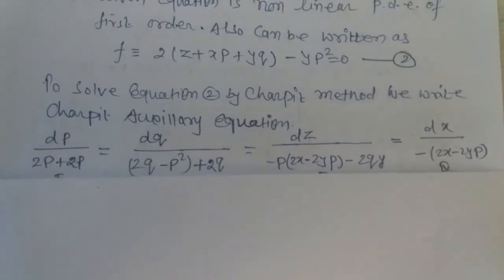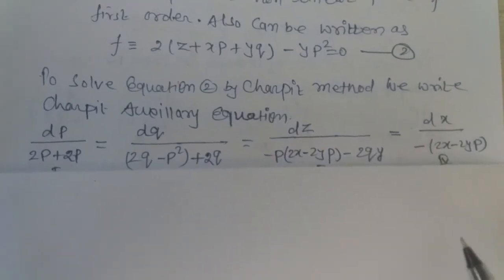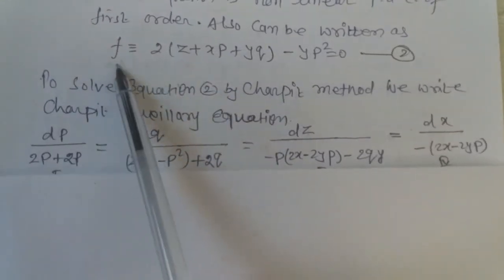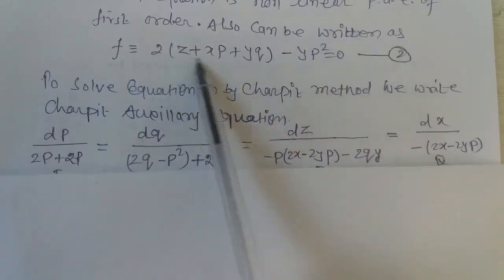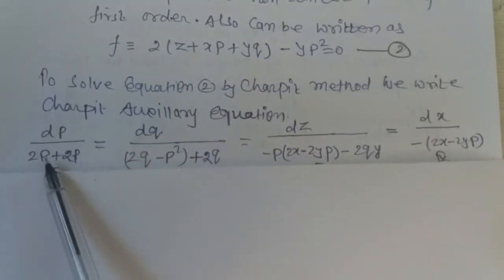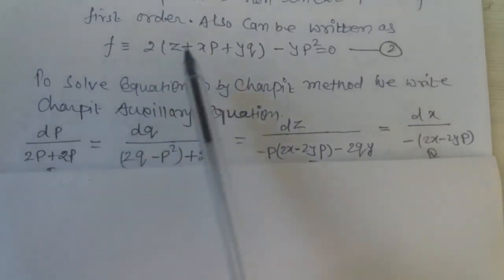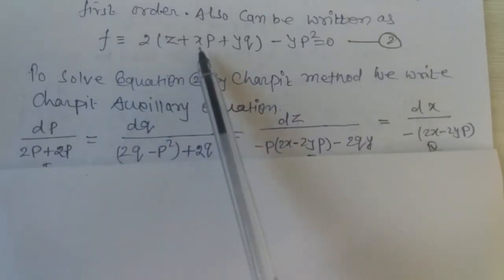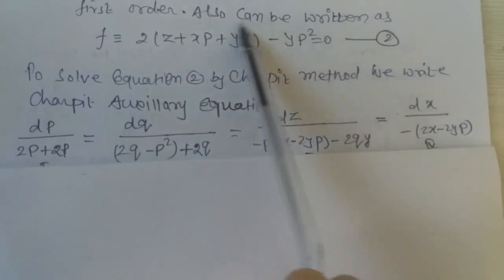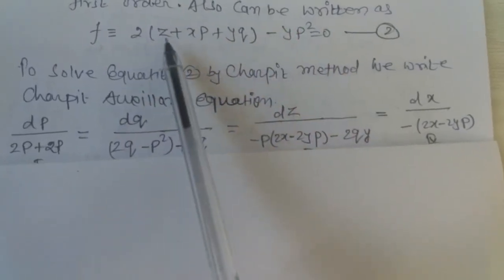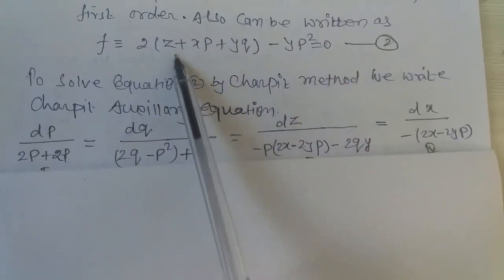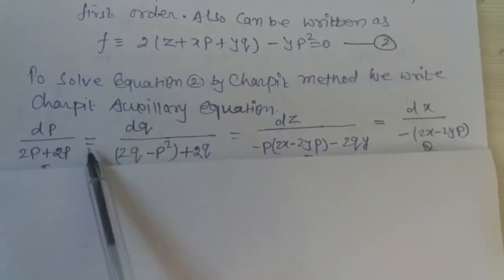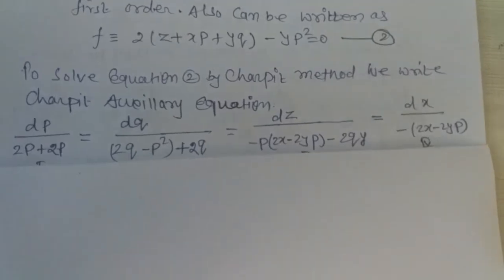dp upon del f by del x, as we know. So del f, the partial derivative of f with respect to x, we get 2p, plus p del f by del z, the partial derivative of f with respect to z. All these other terms are constants, so their partial derivatives are 0. But here z, the partial derivative of z with respect to z is 1. So we get 2. So 2 times p, equal to dq upon